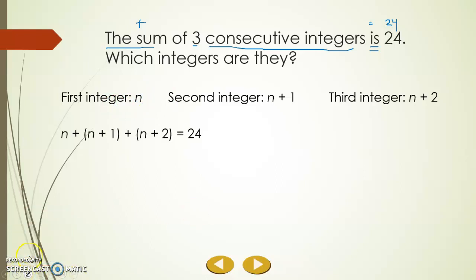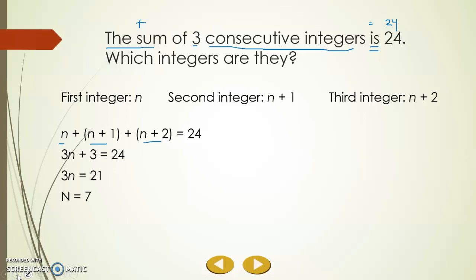So let's write this equation. First integer, n, plus second integer, plus third integer, all together is 24. Using what we've already learned earlier this chapter, we're going to combine like terms. 3n plus 3 equals 24. We are going to subtract 3 from both sides to move that 3, if you will, over to the other side of the equation. Get rid of that 3. And then we have to divide by 3, using the inverse operation of multiplication,